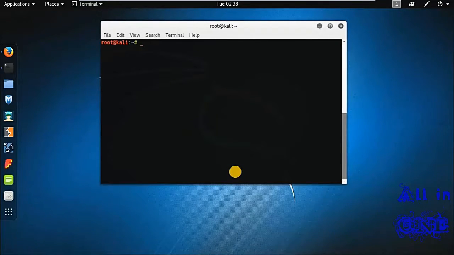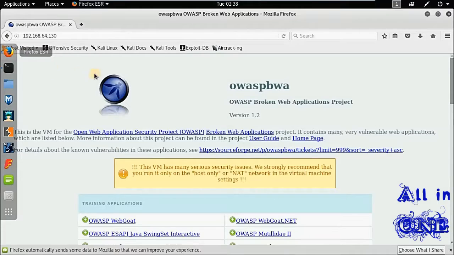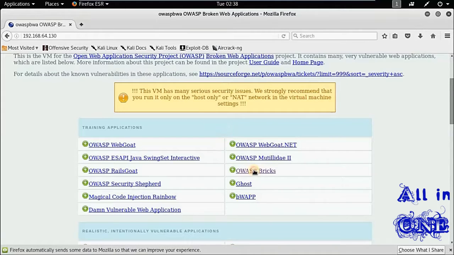In this case, I am going to exploit the SQL injection vulnerability. At first, I will confirm whether the web application is really vulnerable or not. So just start browsing the web application. In this case, the target was BWA, Broken Web Applications, a totally vulnerable virtual machine. So simply I will browse and see if a vulnerability is found or not. Move to the OWASP Bricks,